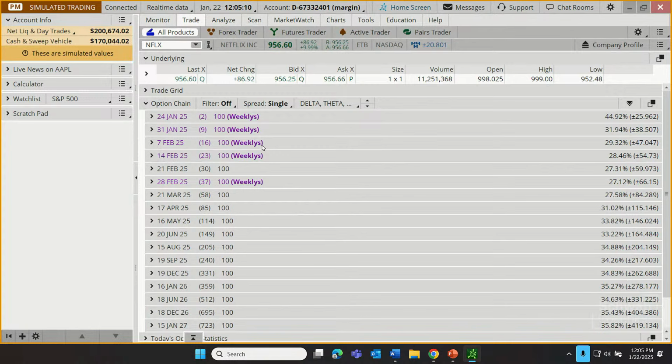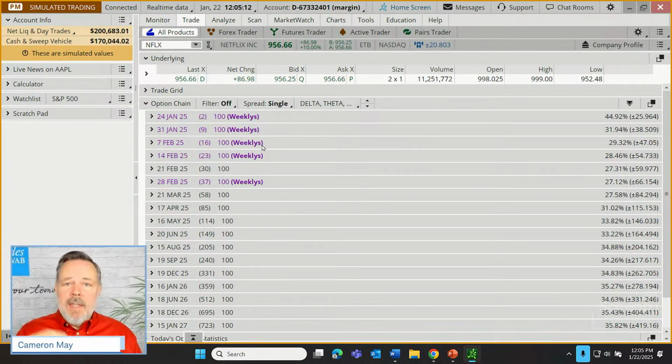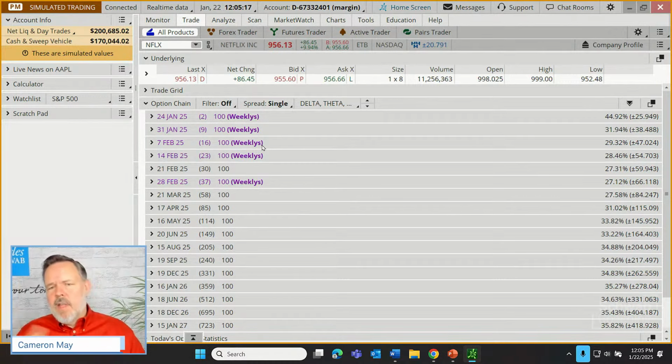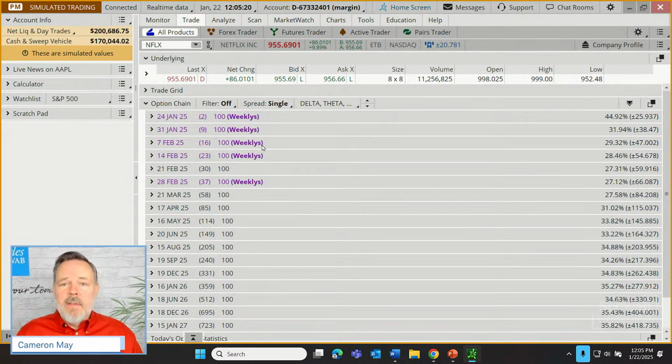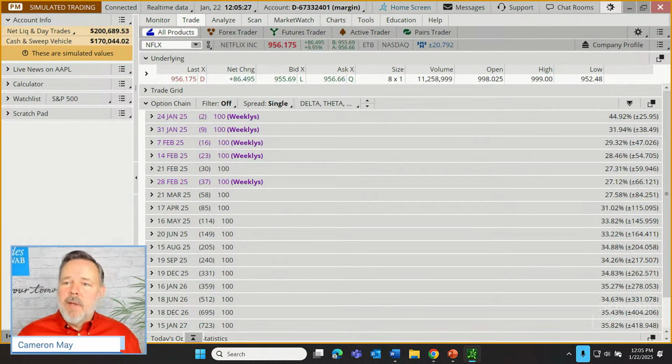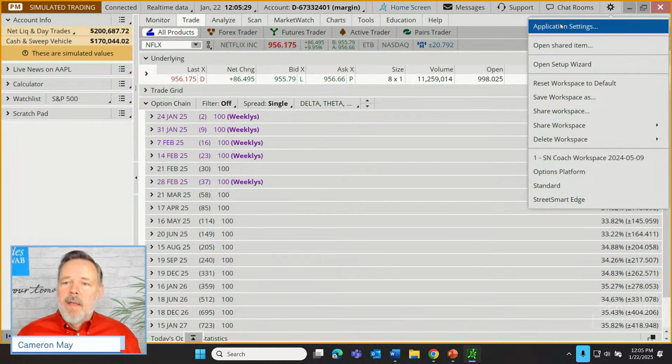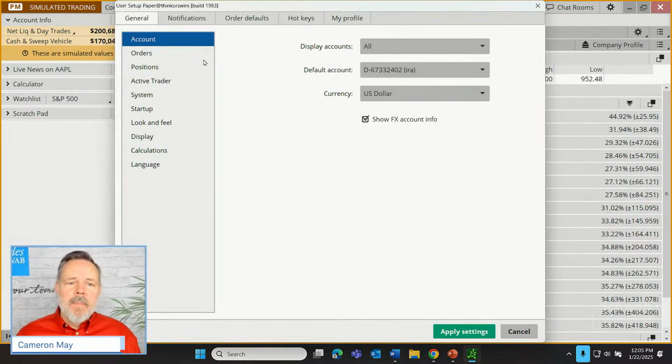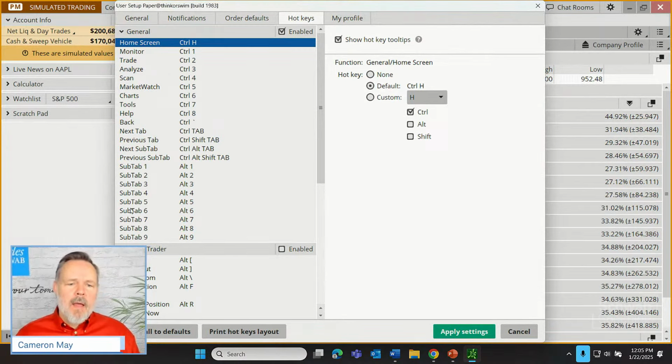So that does introduce the concept of hotkeys, and these are some of the default hotkeys, but other traders prefer to set up their own custom hotkeys. They have other functions that they want to speed up on a regular basis. How might that be done? Well, you can set up custom hotkeys just right up here under the application settings. I'm going to go up to the gear icon in the upper right, go to application settings, and we can set up hotkeys here. You'll notice here are the defaults, but you may not know how to set up custom hotkeys.